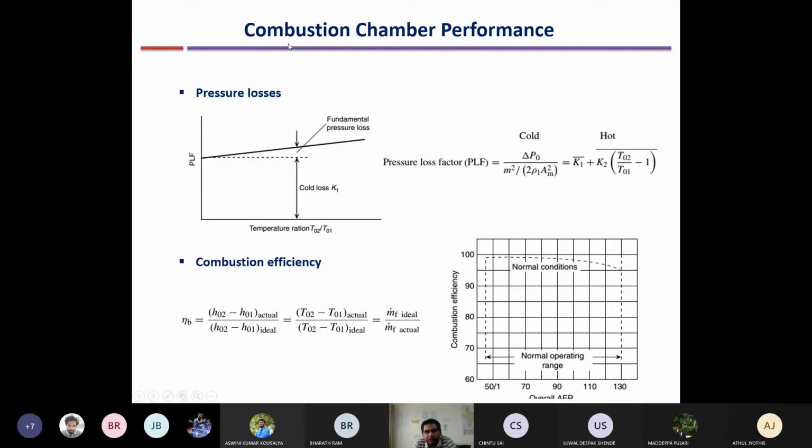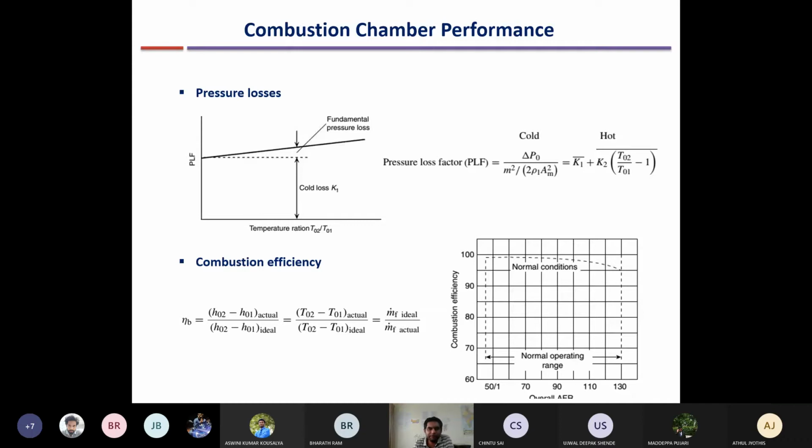What we are doing is discussing different aspects of the combustion system, without going into too much detail, because if you want to go into too much detail, you need to do CFD calculations, which are beyond the scope. Combustion analysis using CFD, or turbulent flow using CFD, are more like research problems, or research and design problems. Another aspect of the combustion chamber is its performance, how to measure the performance of the combustion chamber.